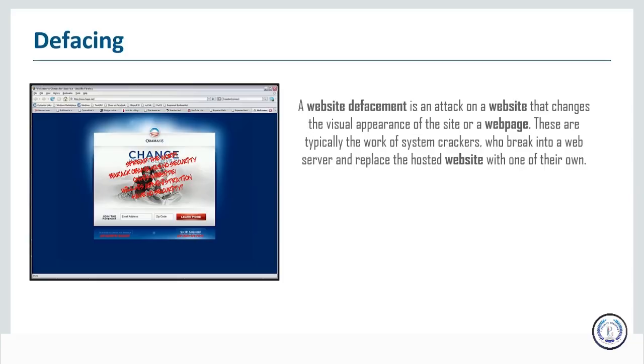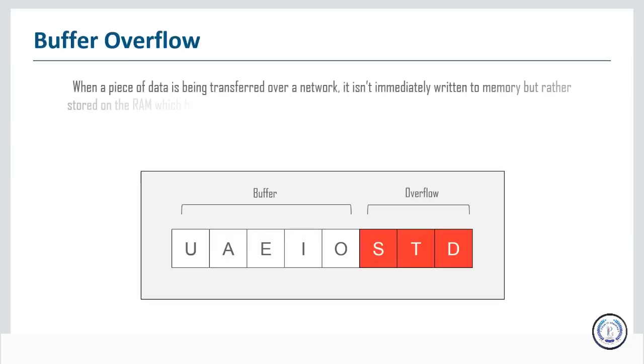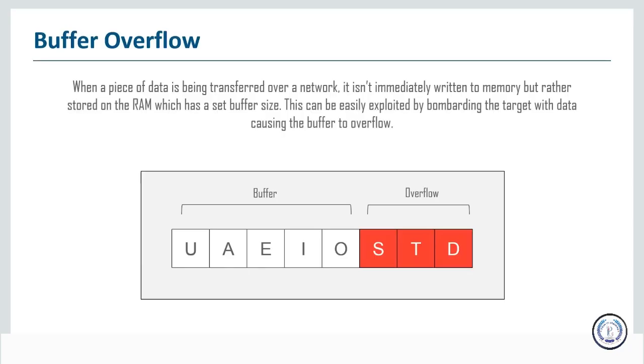It's very typical for businesses or people or organizations in general to have their home pages replaced by something along the lines of, hey, I was here and I took over your web page. We also have a pretty common one, or certainly one that has been common over the years, and it's a pretty good path towards quality exploits and high profile vulnerabilities, and that's buffer overflow. A buffer overflow is a result of the way programs are stored in memory.